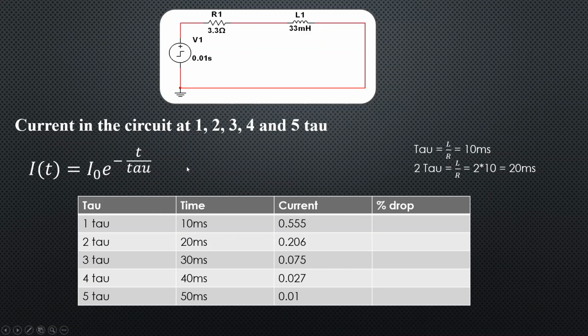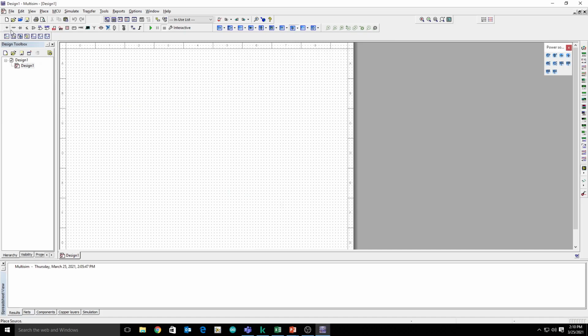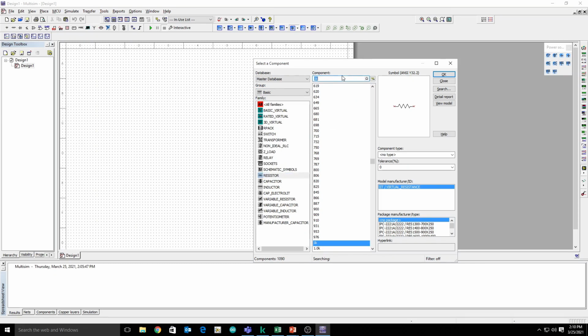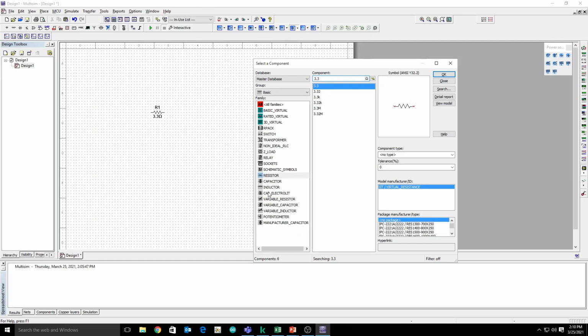Let's move toward Multisim first, and we are going to design this circuit. Okay, so you need a resistor. You have to go to the basics, and here is a resistor. We need a resistor of 3.3 ohm and an inductor of 33 millihenry.